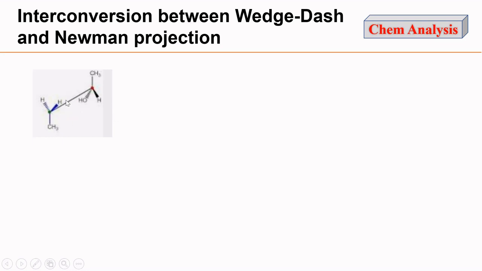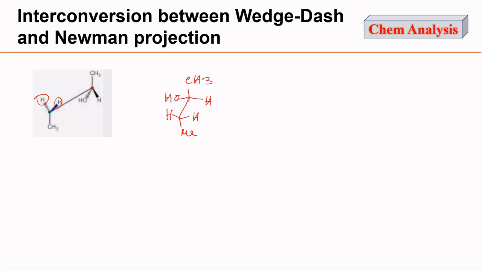Here this is a given Sawhorse formula. We have to convert it to a Newman projection formula, let's suppose through a Sawhorse projection formula, and for that conversion we have to see the molecule from the front carbon to the back carbon. If we see this molecule along this front to back carbon, then we will see that in the front carbon the methyl group will be below the plane. On the right side you will see a hydrogen atom, that is the blue hydrogen, and on the left side you will see this hydrogen atom, and on the back carbon you will see the methyl group on the top, a hydrogen atom on the right side, and the OH group on the left side.